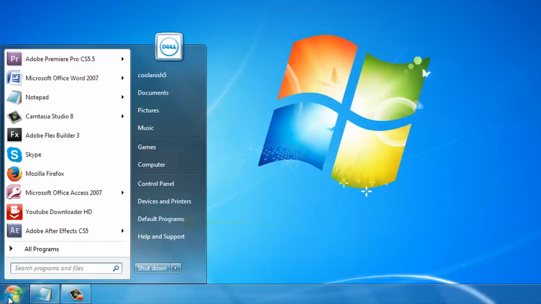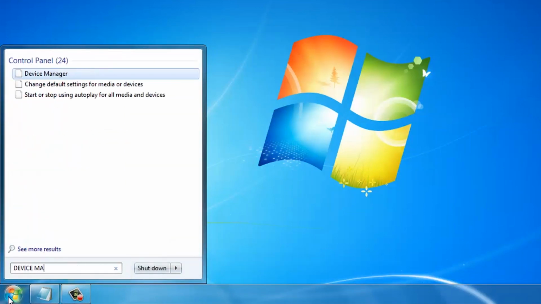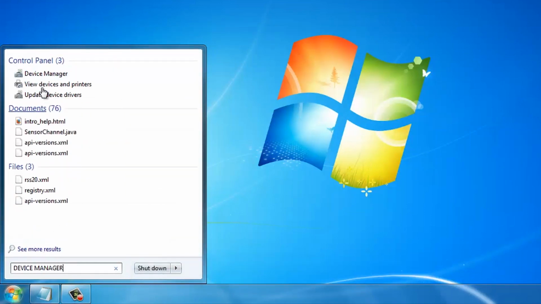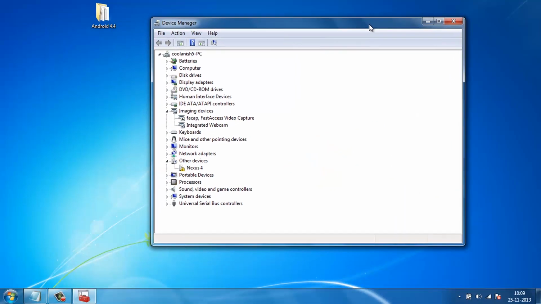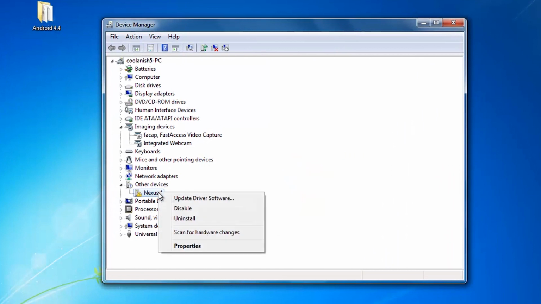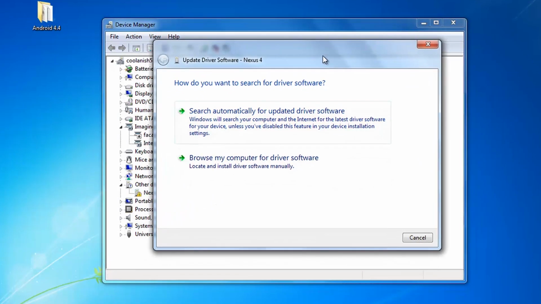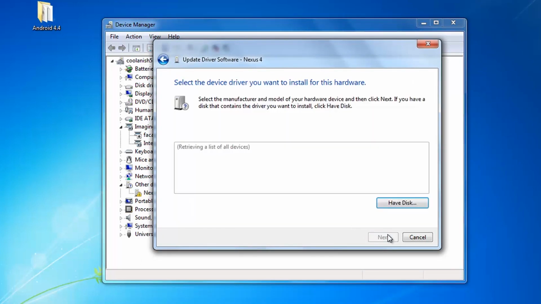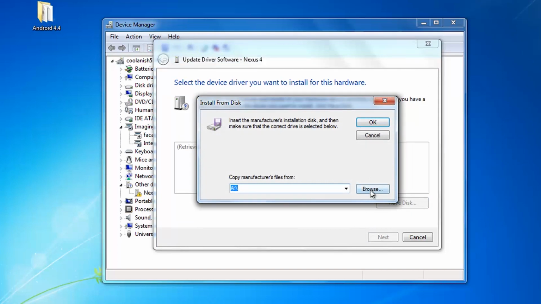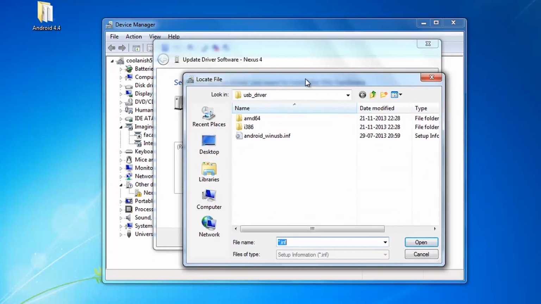So go to start and type in device manager and click on the icon which says device manager. Once this window opens up, select the Nexus 4 icon, right click on it and hit on update driver software, and then hit on browse my computer for driver. Let me pick from a list, hit on next and have disk. Then browse to the downloaded folder.